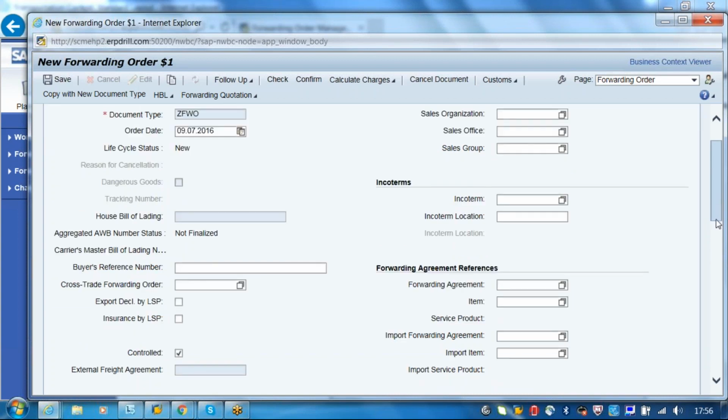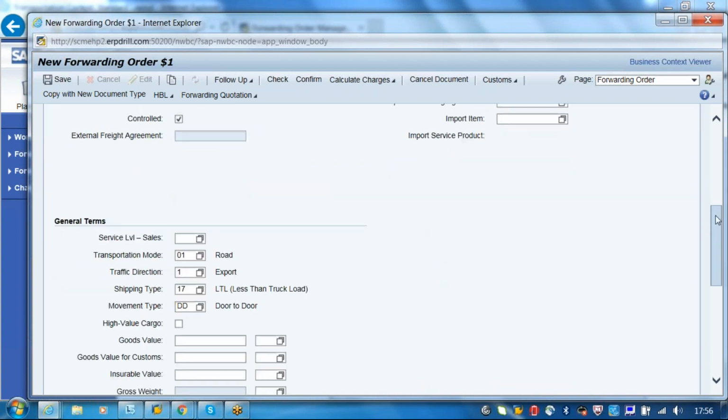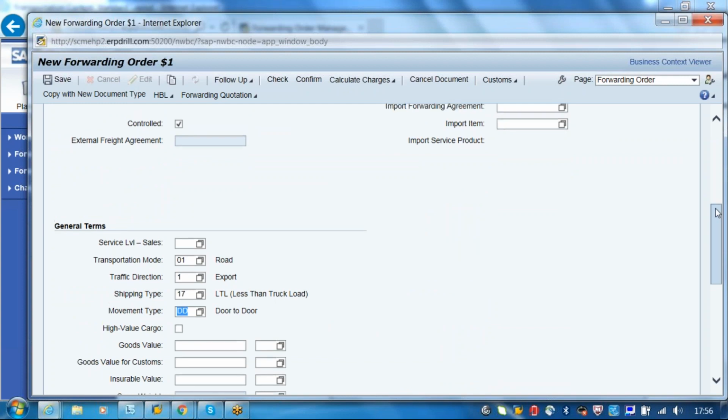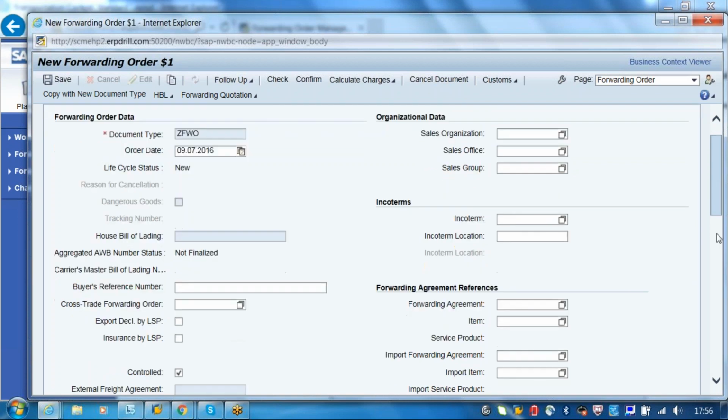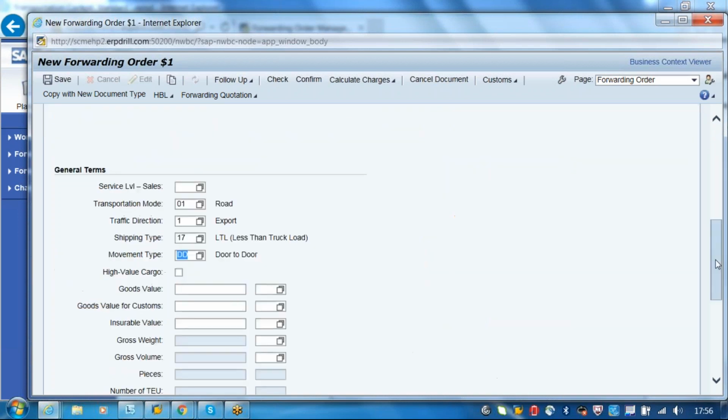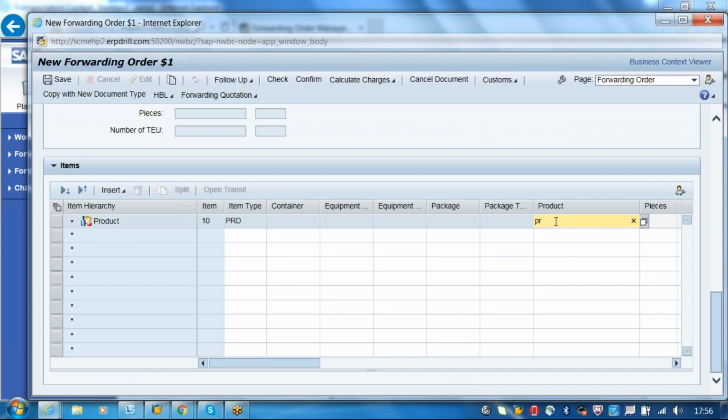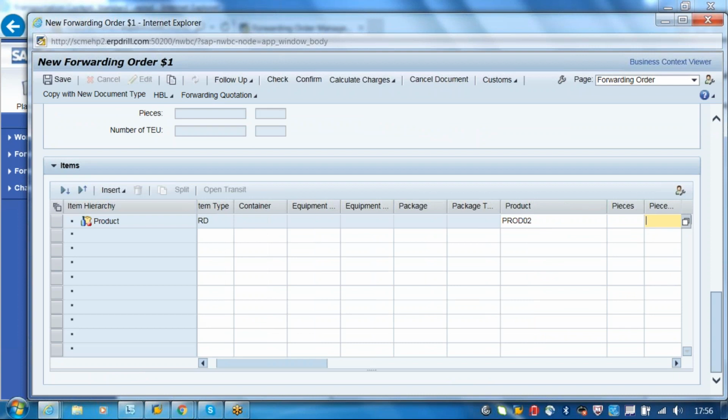So here I'm putting the movement type DD. Okay, and going to the line item level, I'll insert a material product. Gross weight I'll put 10 kgs.